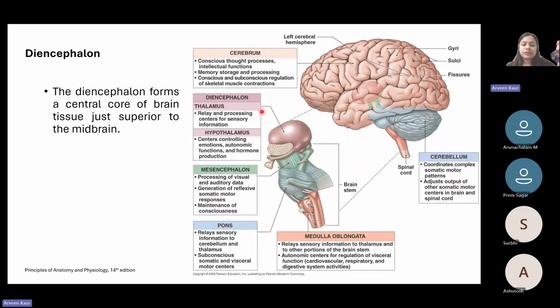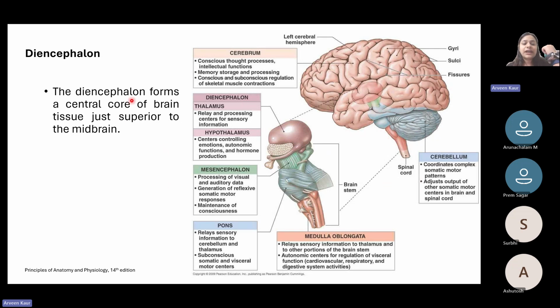Then we come to diencephalon, right? So far, what have we talked about? We have talked about the cerebellum, the medulla oblongata, pons, and mesencephalon, also the midbrain region, right? So entire brainstem is done, cerebellum is done. Now we come to diencephalon. What are the two major portions of diencephalon? It is the thalamus and hypothalamus, also the epithalamus, which is not a major region, so is not represented over